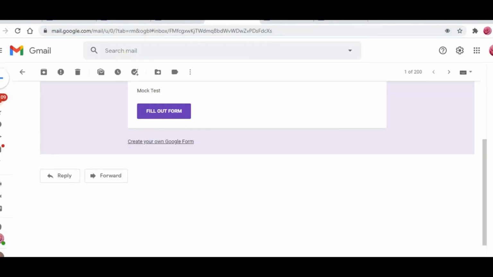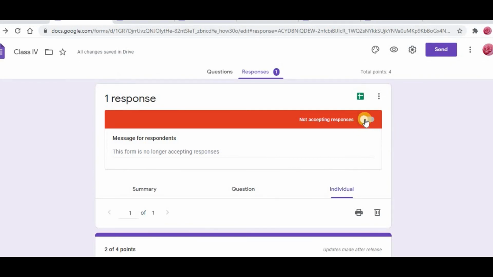So that is the one extra thing here you can do. If you touch this, automatically the form will not be accepted by the students. Means you can say that only up to this time to this time only I'll accept your test, or only at this time if you want to conduct a test or exam or quiz, whatever it is, you can conduct even in this way. Just simply you should touch this.